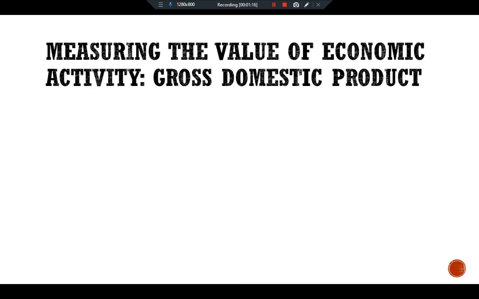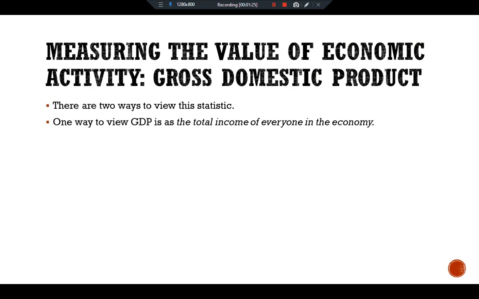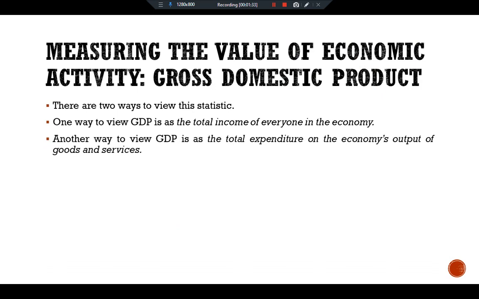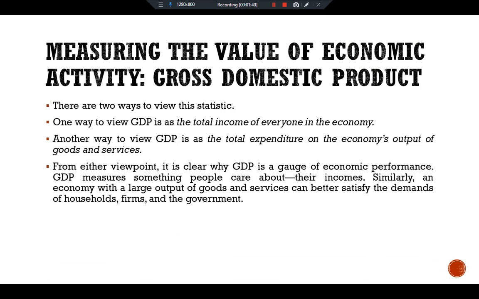When talking about measuring the value of economic activity, gross domestic product, there are two ways to view this statistic. One way is to view GDP as the total income of everyone in the economy. Another way is to view GDP as the total expenditure on the economy's output of goods and services. From either viewpoint, it is clear why GDP is a gauge of economic performance. GDP measures something people care about, their income. Similarly, an economy with a large output of goods and services can better satisfy the demands of households, firms and